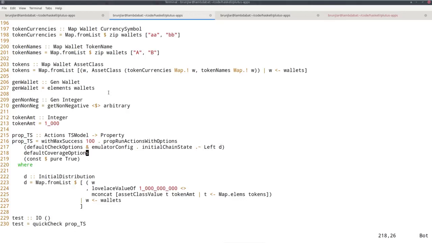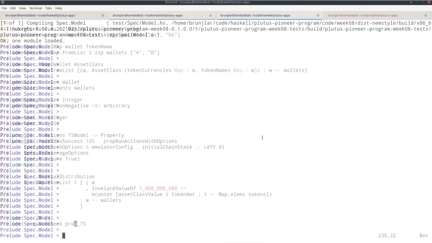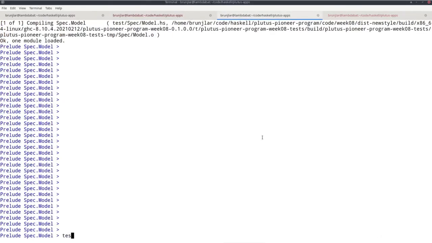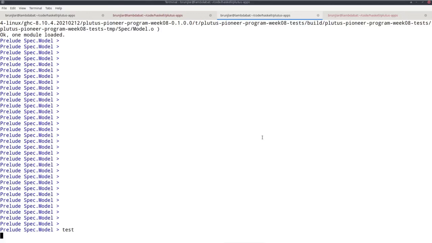So this will check that what we say should happen in the model actually does happen on the blockchain. Finally, I have this function here for use in the REPL, test, which just applies QuickCheck to this property. So let's try this in the REPL. I execute test,